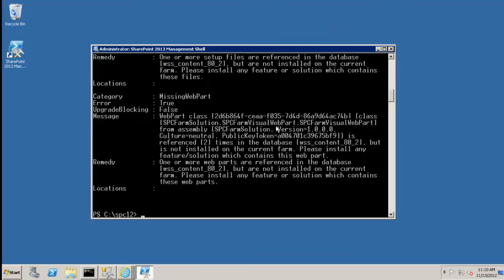And what it tells me is, hey, I'm missing some web parts and things like that. But I don't care if that stuff works. So we're just going to go ahead and upgrade it. We'll worry about that later, right? That's how you all do it, right? The users will tell you if it's wrong. So